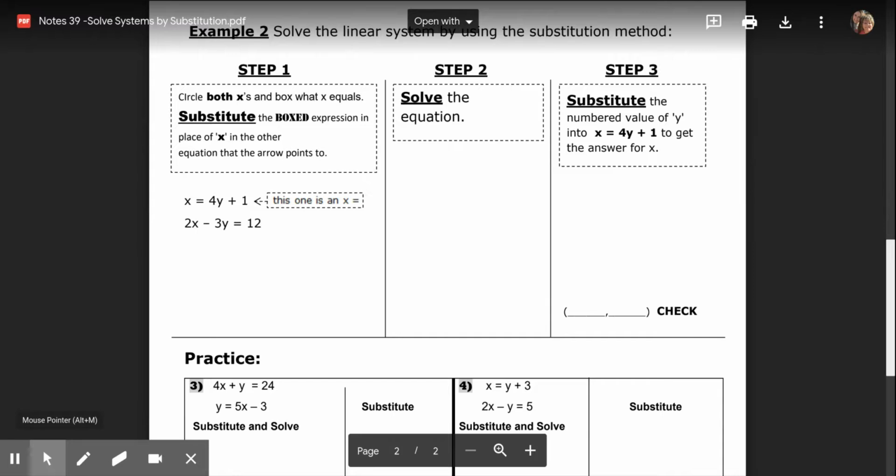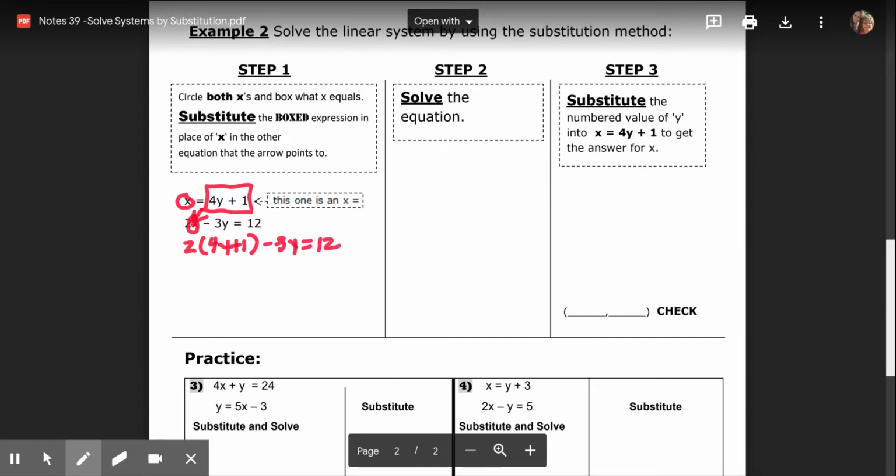So solve the linear system by using the substitution method. Remember to circle both x's because this one is isolated. So here's an x and here's an x. And what you're going to do is take this and put it in place of x right there. So you're going to have 2 times your x. So it'll be 2 times your x expression, not the equation, 4y plus 1, minus 3y